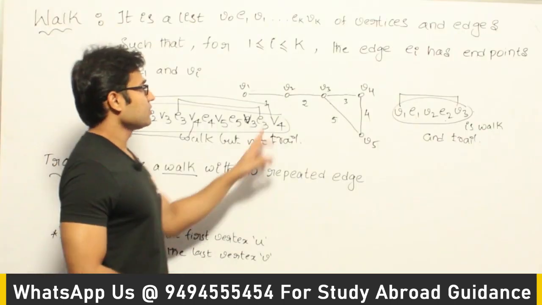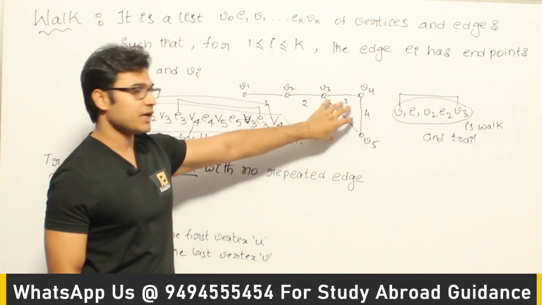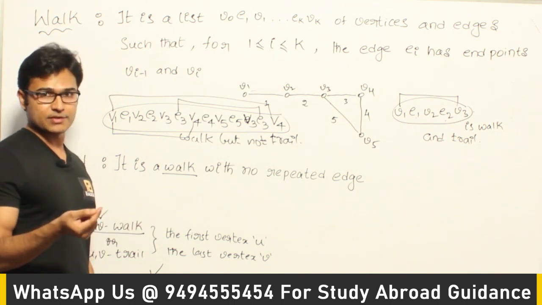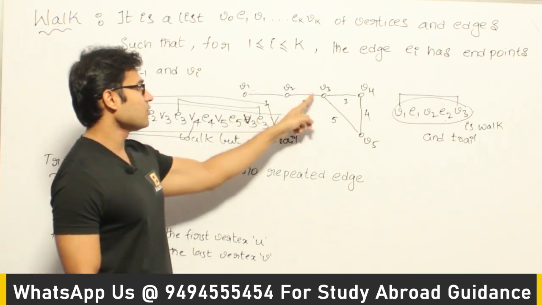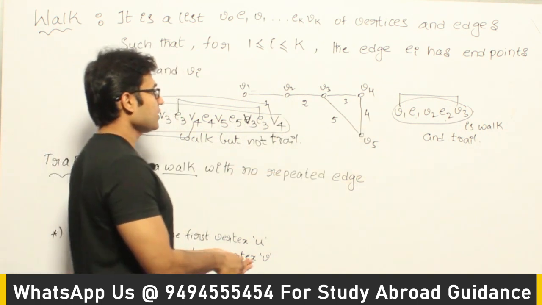Oh, in this case we are not going to have exactly one trial here. We can have two trials. As long as you don't repeat the edges, you can have any number of trials. For example, if I want to find out V1 to V3 trial, this is one trial, and the other trial can be